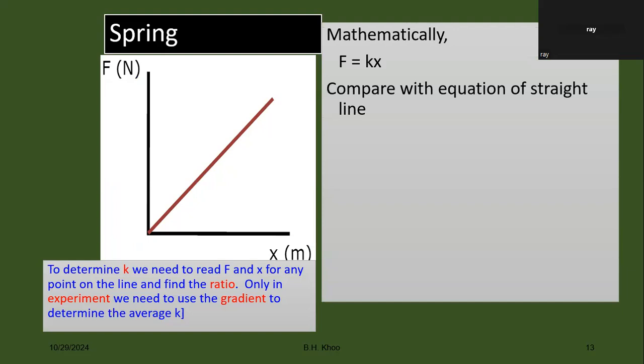Mathematically, F equals Kx. Compare with the equation of a straight line, y equals mx. K is the gradient of the